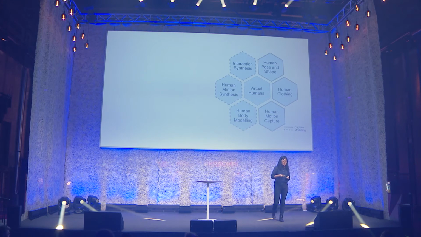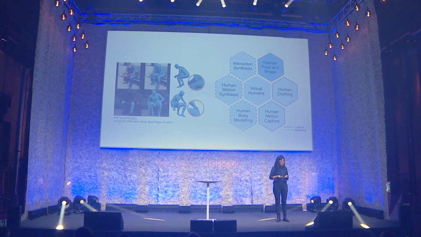Around this virtual human topic, in my research group, we have been working on different concrete topics. I will quickly go through these topics one by one. The first topic we have been working on is human pose and shape estimation. The input to our algorithms are RGB images, for instance, the images on the left, right? Our goal is to develop learning algorithms that can estimate the human pose and shape from this RGB image. These are estimated results from